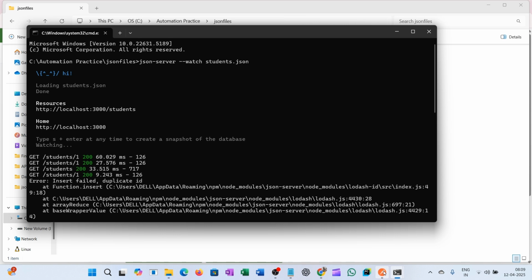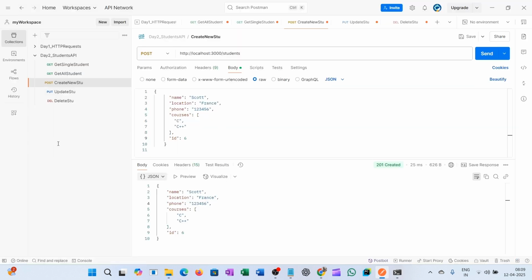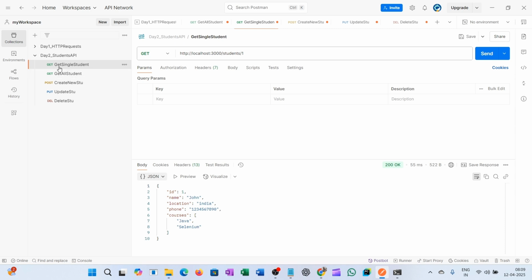Now go to your Postman, and here we have the collection students API that I have created just now. We'll hit different requests: single get, get single student data, all student data. Also we will create a new student, also update this student, also delete this student. So the first request is get students data. Our URL is